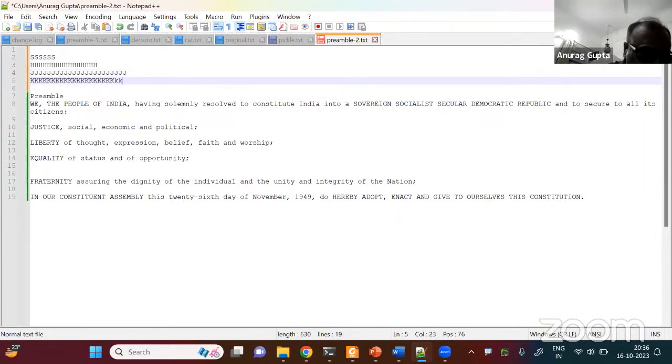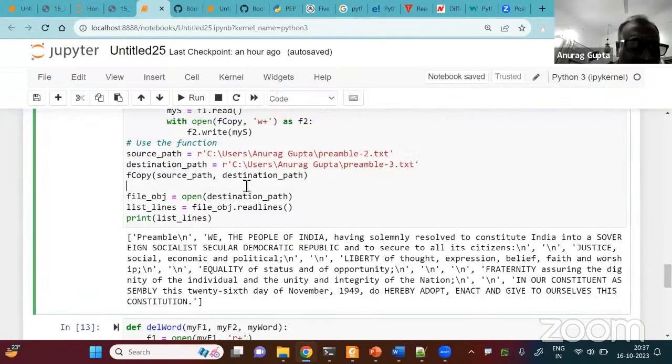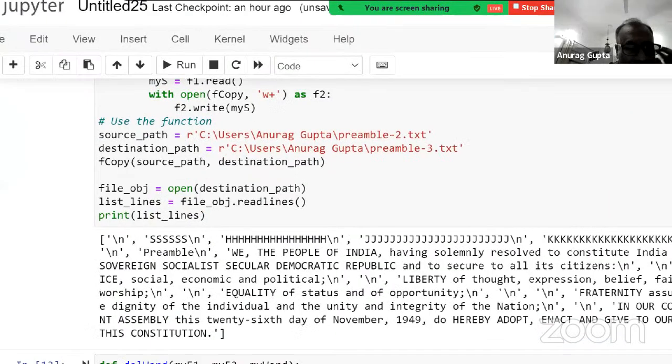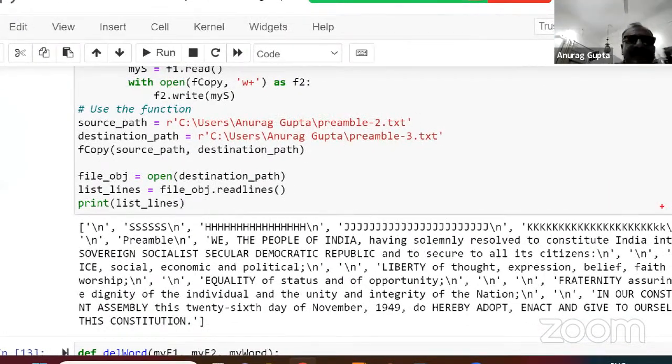I'm just adding something and I do a control S. I'm saving it. Now let me run it again. So you can see that the SSS which I added just like that with a \n, HHA, JJJ, these are the things I just added. They have all got added in it. That means my program is working fine.